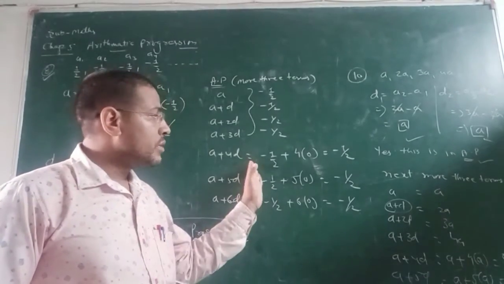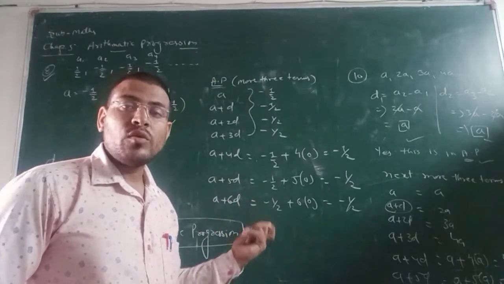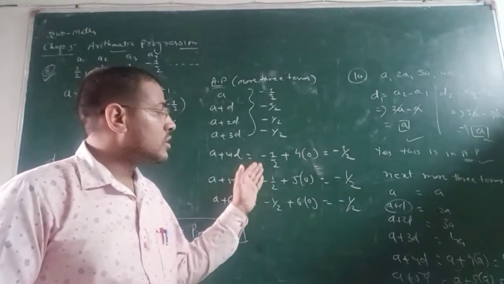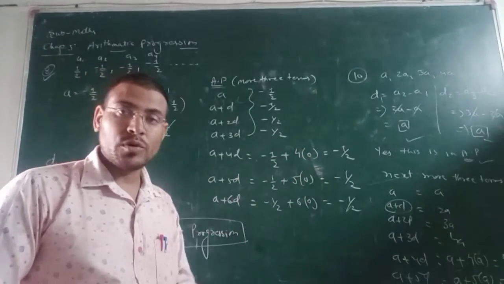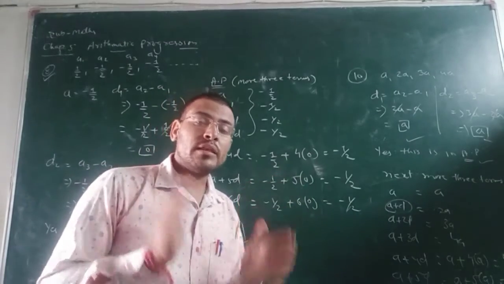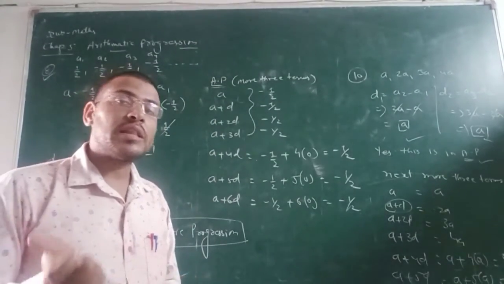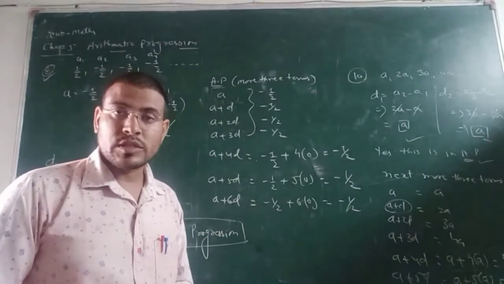Here a is minus 1 upon 2 and d is 0, so 4 times 0 is 0. So it will be the same, minus 1 upon 2, for the fifth term, and the same value for the sixth term. In this way we find the other three terms, all minus 1 upon 2. As we all know, 0 is a number such that multiplying it with anything gives the same result. Okay friends, this is all about this question.